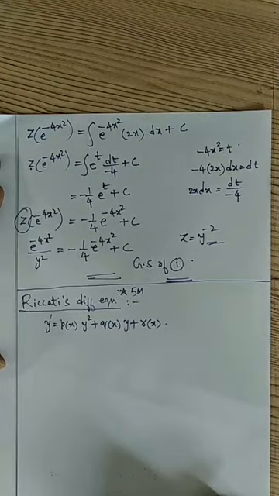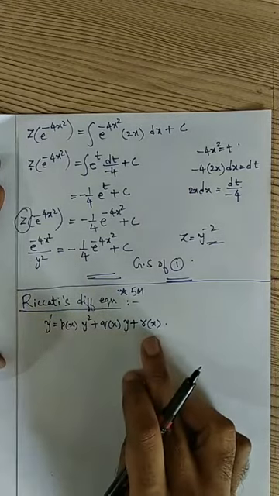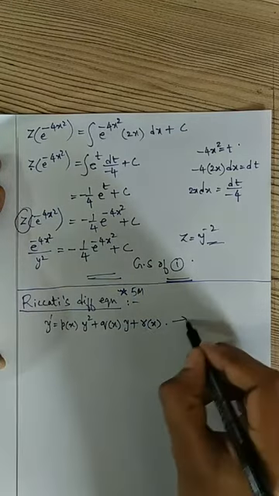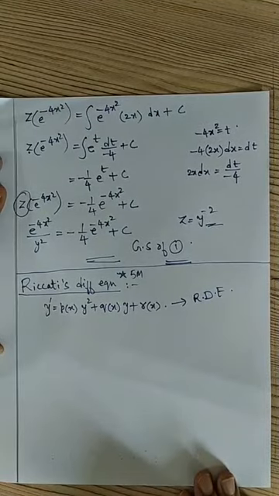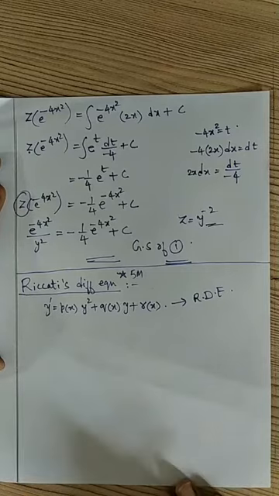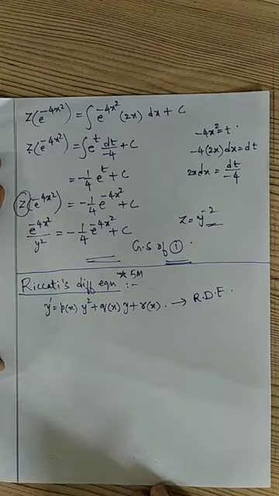If the equation is of this form, dy by dx or y dash equals p of x into y square plus q of x into y plus r of x, then this equation is said to be Riccati's differential equation, right? Now, how to identify in exam? What is the identification for Riccati's differential equation? If you are not able to identify, then definitely one solution will be given along with the equation. See, previously in whatever methods we have discussed, in no question was a solution given except this Riccati's differential equation. In Riccati's differential equation, one solution will be given.